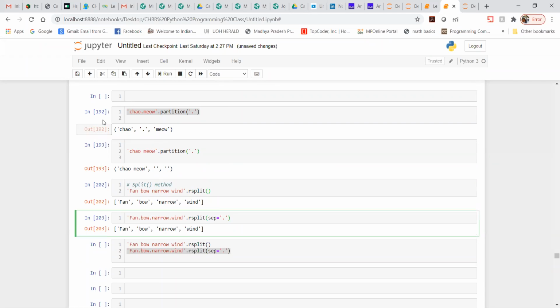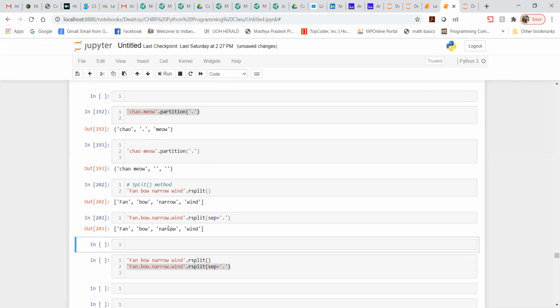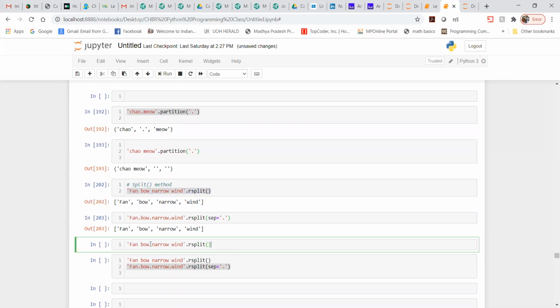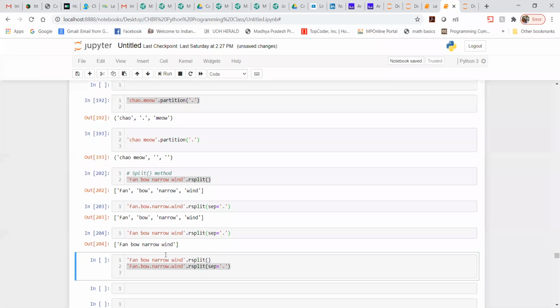Now let me take the same example again, and here I'm going to specify the separator as dot. If I specify this, you won't get the correct output, because there is nothing called a dot separator.